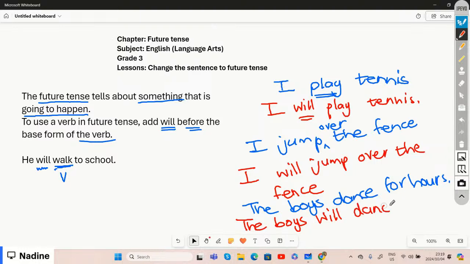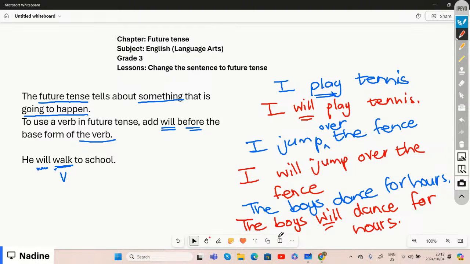And remember, we said the word will comes before our verb, will dance for hours. Yes, well done. So the boys will dance for hours,